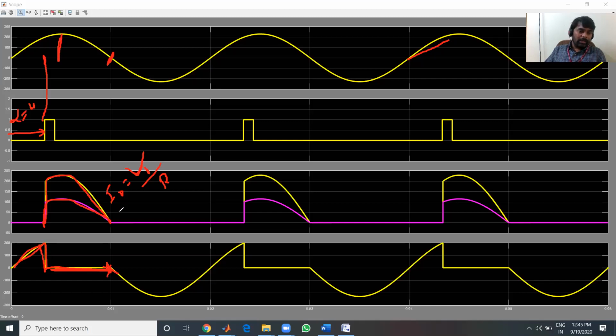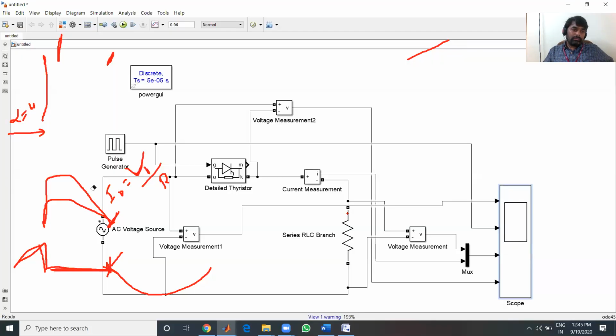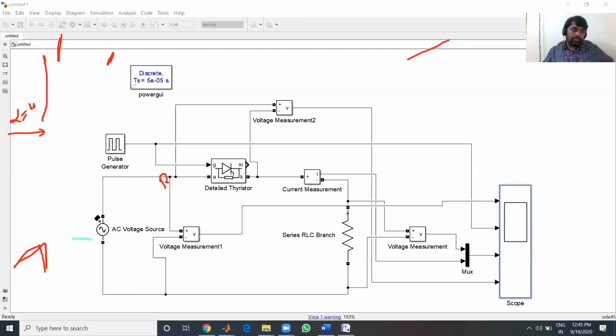And at omega t equal to pi, you can see the thyristor current is becoming 0 because load and thyristor are connected in series. So the thyristor current becomes 0, and the thyristor will be in off state at omega t equal to pi. And after omega t equal to pi to 2 pi, you can see that you are getting reverse voltage across the thyristor. So the thyristor will be in off state and it is blocking reverse voltage across it. So similarly, you can set any value of firing angle, and you can control and convert the complete positive half cycle to a DC voltage, right? So this is about R load.